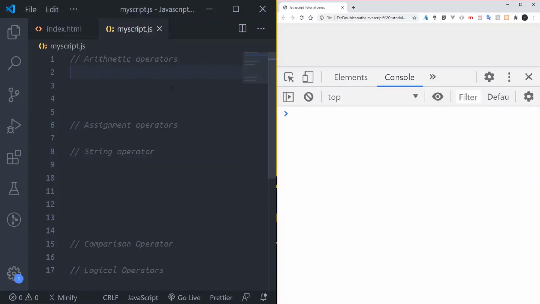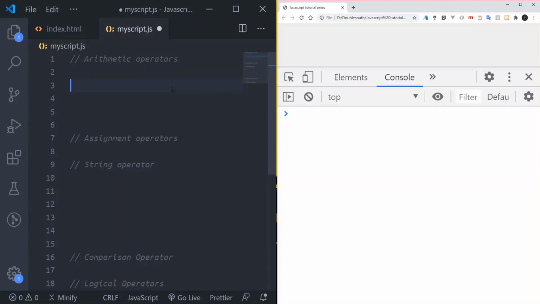Just like normal mathematics, plus is for addition, minus is for subtraction, and for multiplication you use the asterisk on your keyboard, not the letter X. If you want to divide, you use the forward slash.